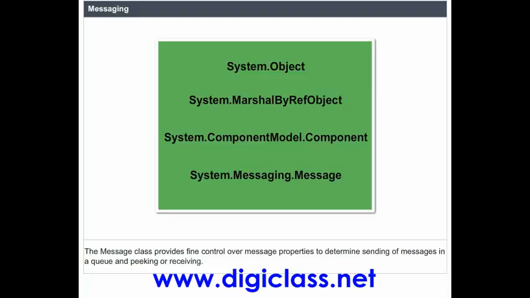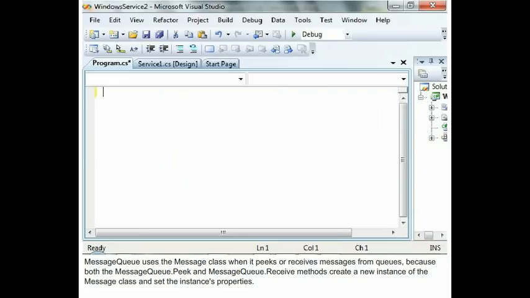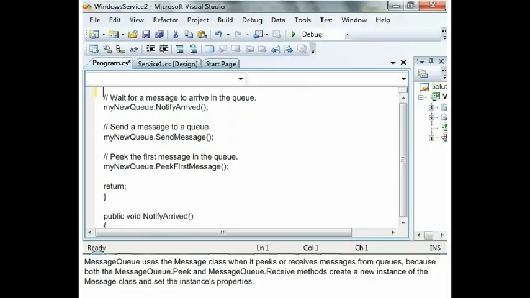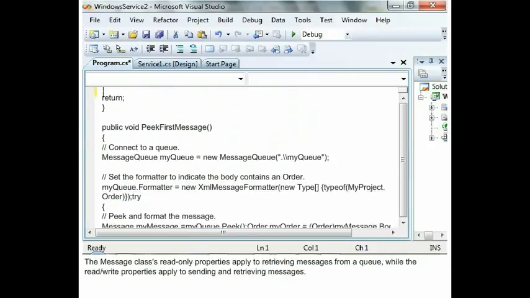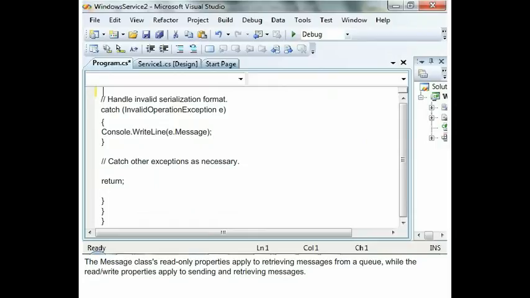System.Messaging.Message. The Message class provides fine control over message properties to determine sending of messages in a queue and peeking or receiving. MessageQueue uses the Message class when it peeks or receives messages from queues because both the MessageQueue.Peek and MessageQueue.Receive methods create a new instance of the Message class and set the instance's properties. The Message class's read-only properties apply to retrieving messages from a queue, while the read or write properties apply to